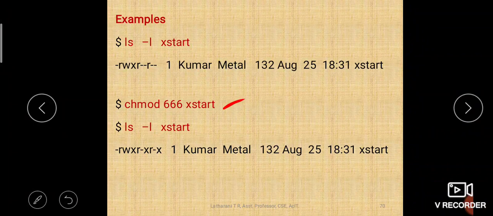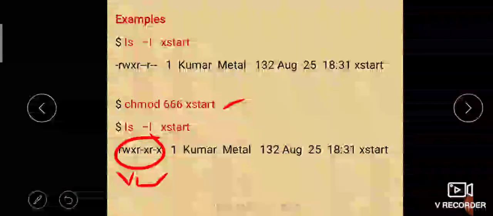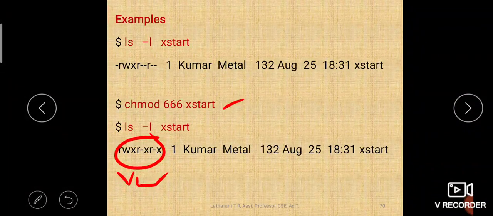Okay, sorry, here this is a mistake. So here RW for all of them will be given. It will change everything. Okay, previous permissions it will not consider. It will change every permission. RW dash, RW dash, RW dash should be displayed.